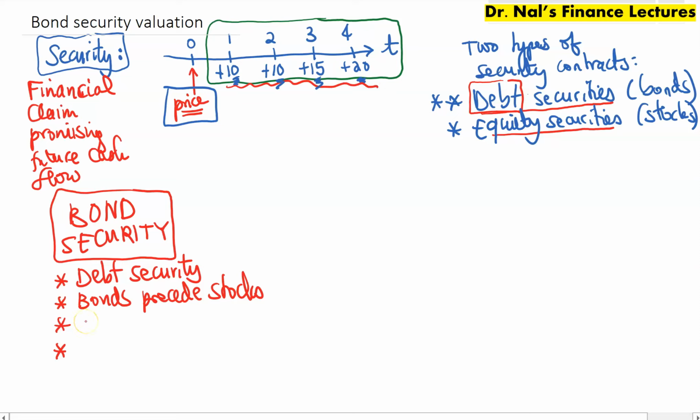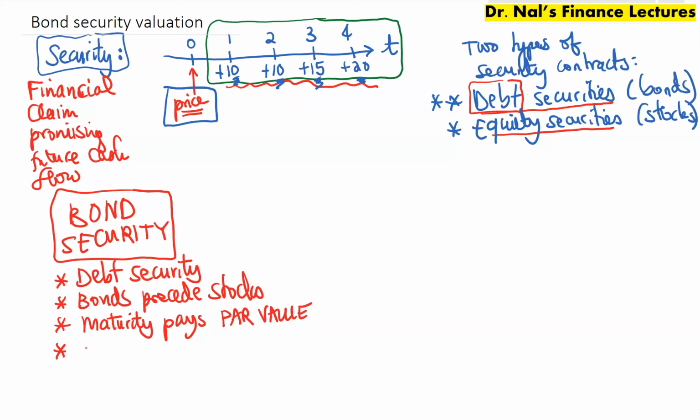Bonds are limited in time, so they have what we call a maturity. And at maturity, the bond pays what we call its par value. And the bond also pays along the way. So if the maturity, say, is a 5-year bond, every year until year 5, so year 1, 2, 3, 4, 5, the bond will pay what we call coupon payments, which is a percentage of the par value.